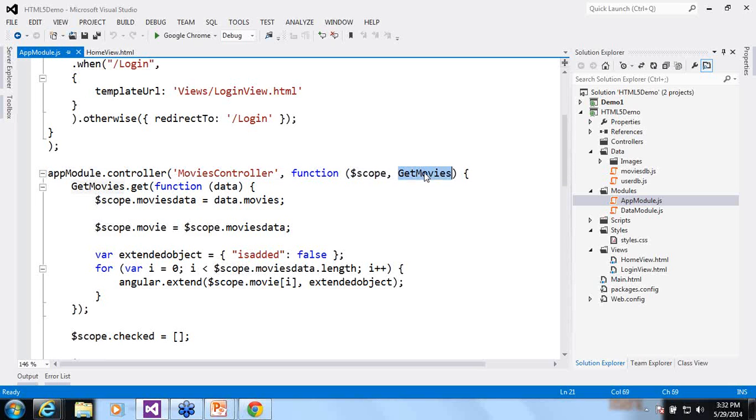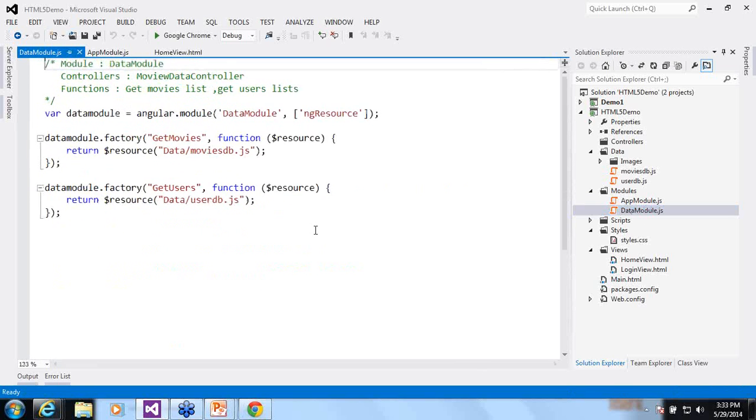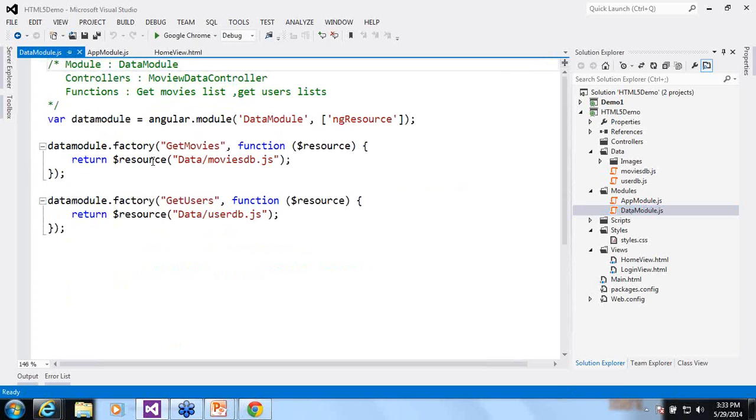So the get movies factory object is going to give us all the sets of movies. If you see here in data model.js, it is using the resource object and interacting with the REST APIs and getting the data from the movies.json.